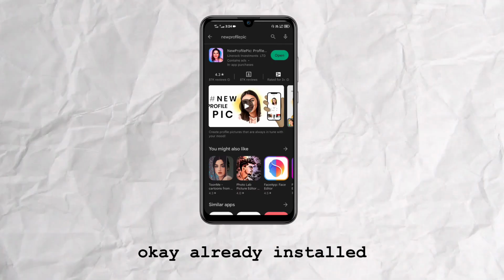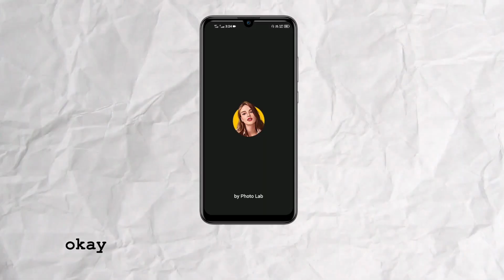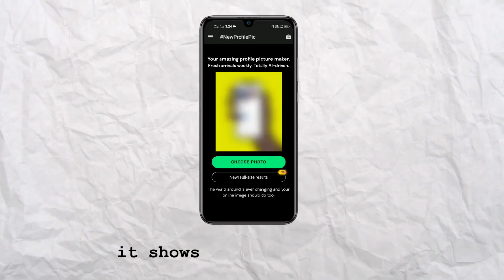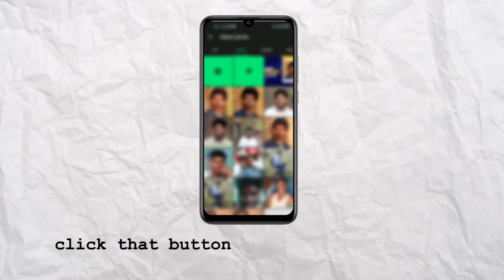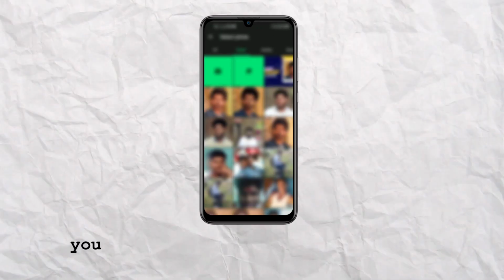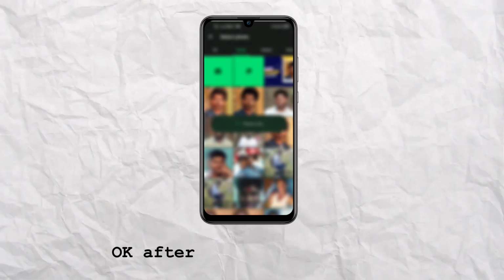Okay, already installed. After you install it, you open the application, and it shows Choose a photo. Click that button and you can go into the gallery. You choose which photo you want to apply the cartoon effect to. Okay, after you choose the photo,